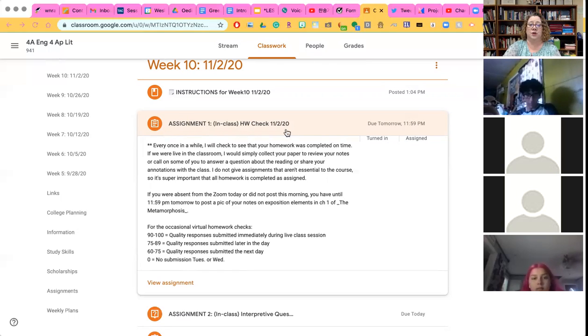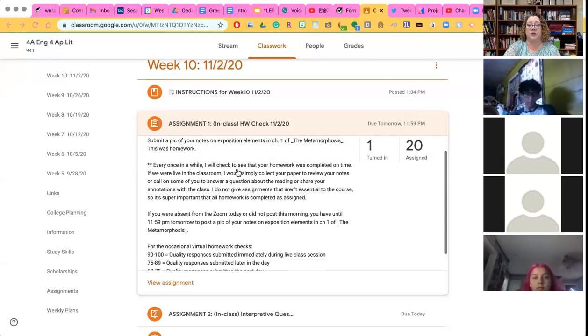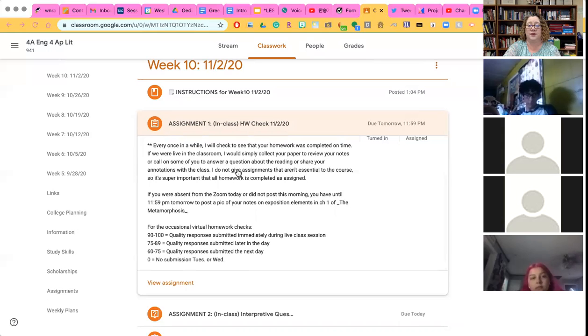So here's what I want you to do. You can go to this assignment right now, just snap a picture. See, there's already one turned in. Snap a picture of your notebook page or wherever you did those preliminary notes on the exposition. Those of you that are here in class with me that submit during class, I'm going to look at your notes and I'm going to give you a homework check grade